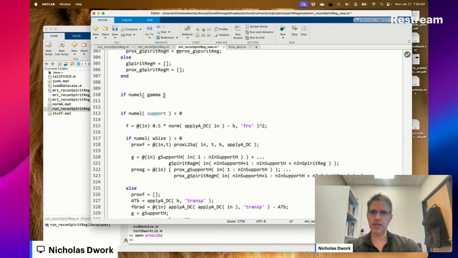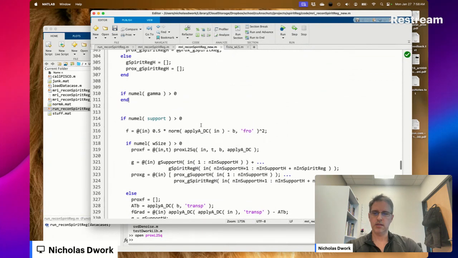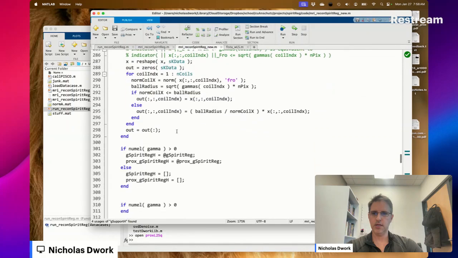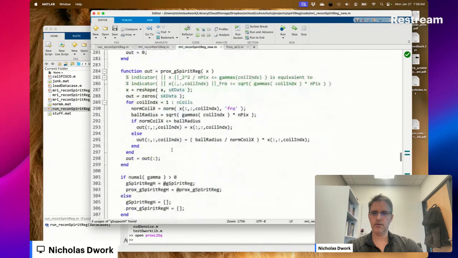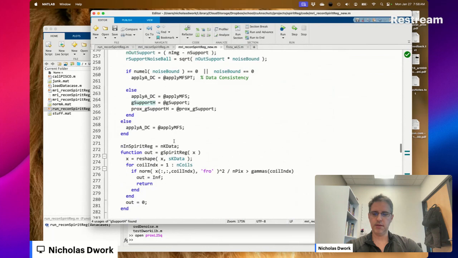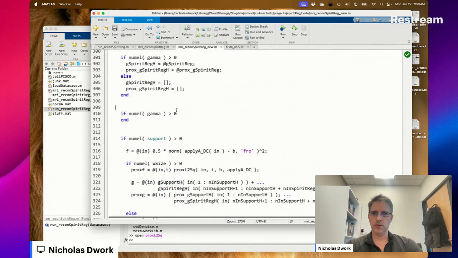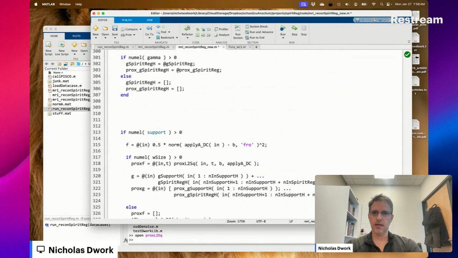I think it should be something like this. If numel gamma is greater than 0, what does G support H? Okay, we've already got function handles. And by default, they're empty. So we don't need numel gamma now. So it's like, if numel G support H is greater than 0,